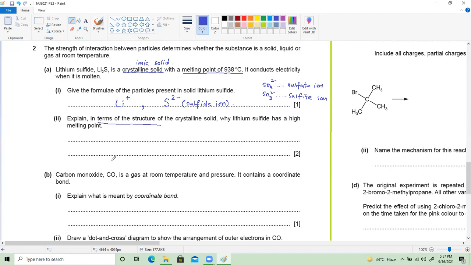So you need to tell that lithium sulfide has a giant ionic lattice. तो हमने ionic bonding के बारे में बात करनी है. It has a giant ionic structure, with strong electrostatic attractions